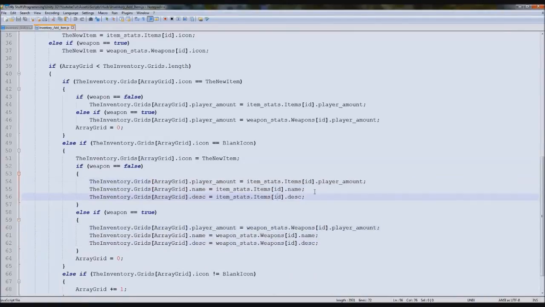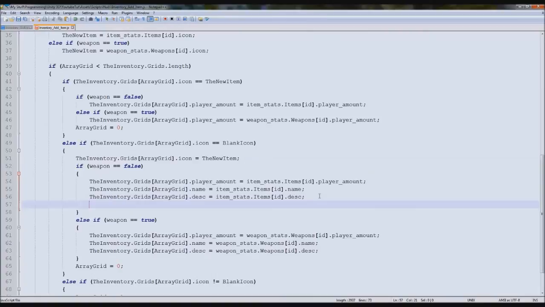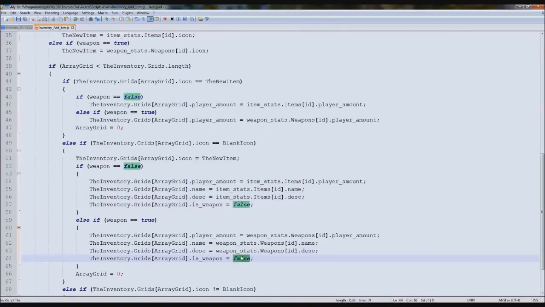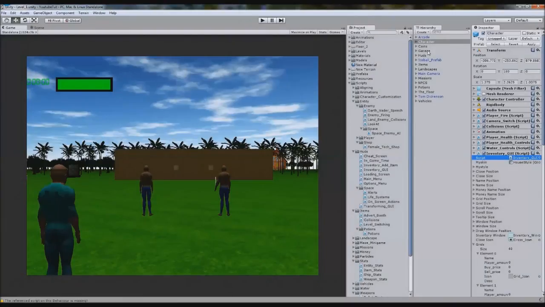So it's really simple. What we can do is come down here and copy the entire line except the desk bit here and type dot is weapon, and then we can set it to false, because it isn't currently a weapon. So if we copy it and paste it here and click true, then it'll justify whether it's a weapon or whether it's an item. So we can go back to Unity, and if we click our inventory grids here, once it loads,